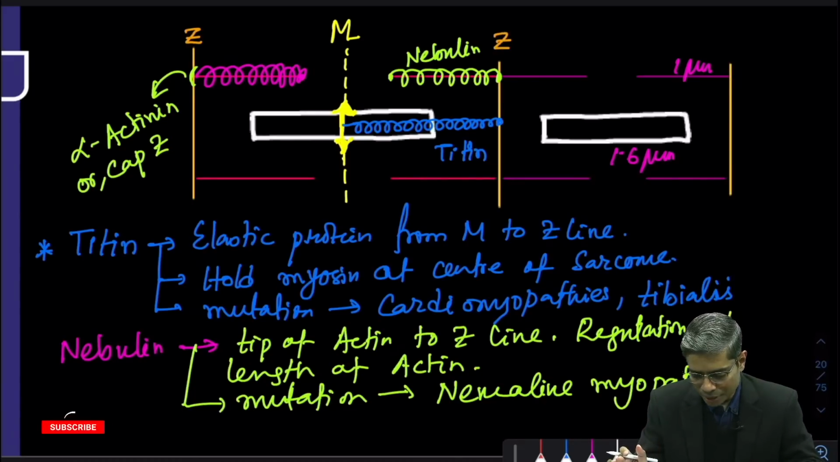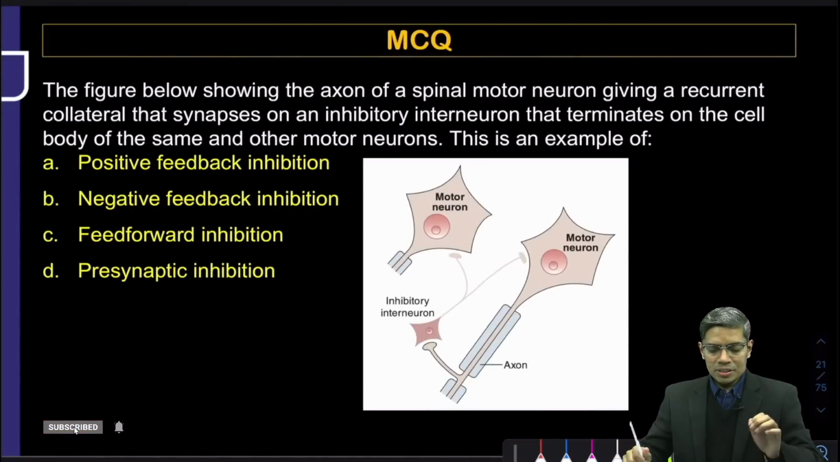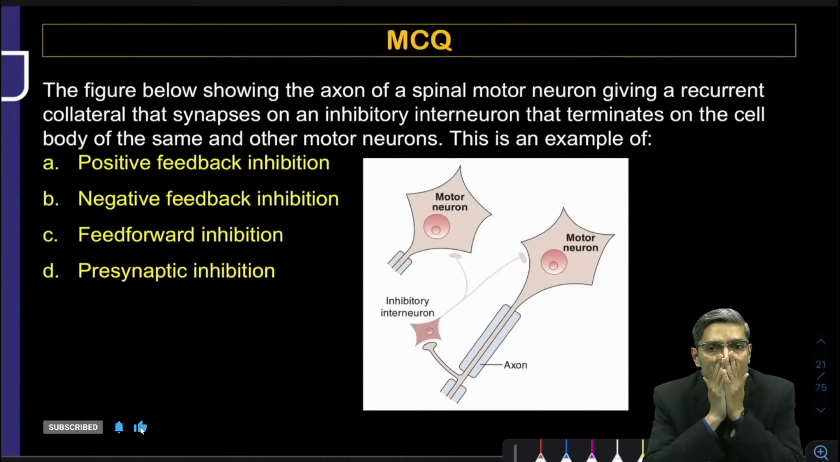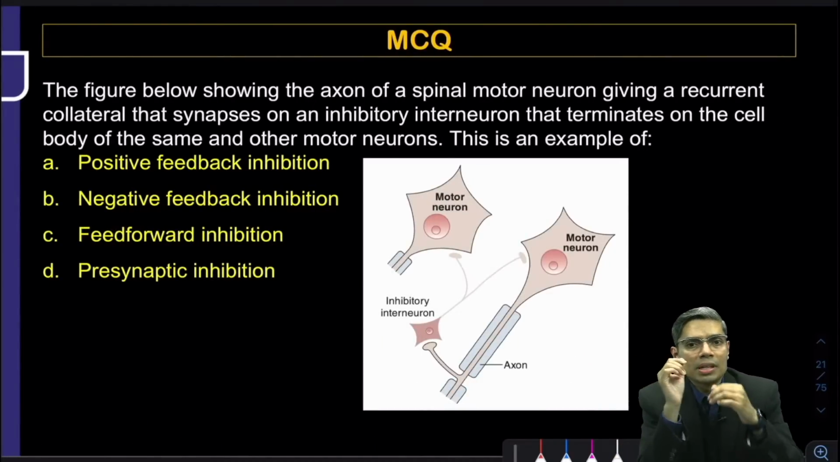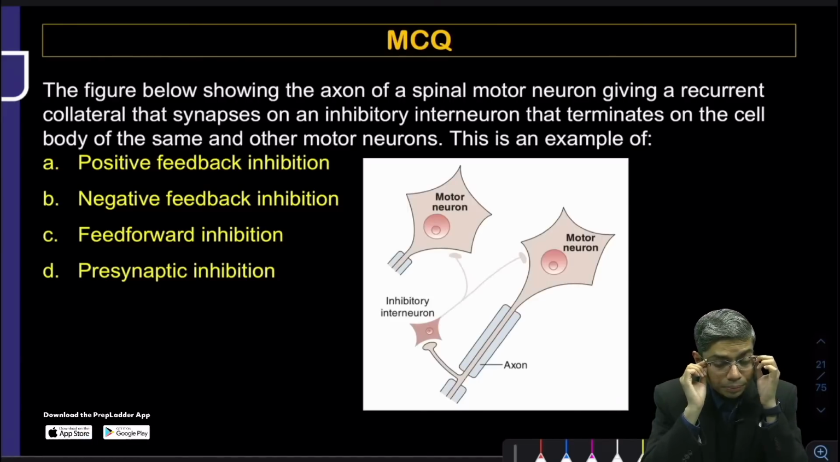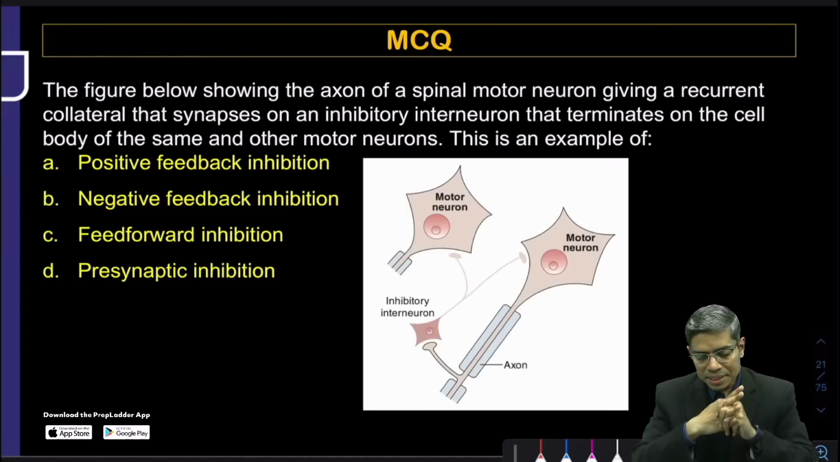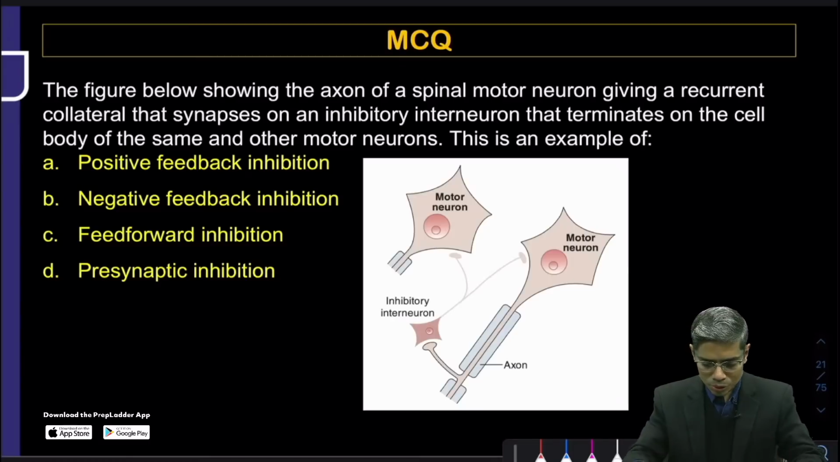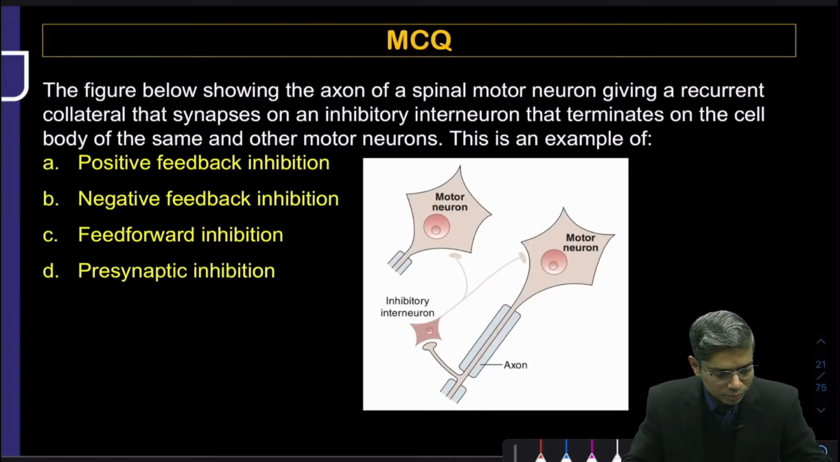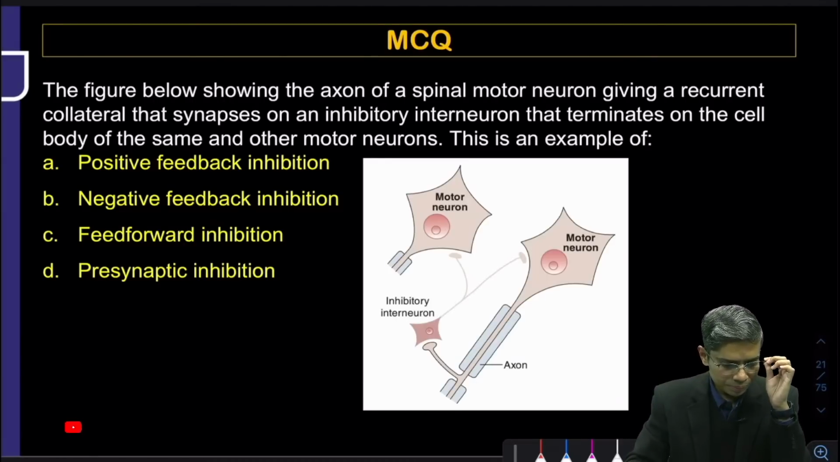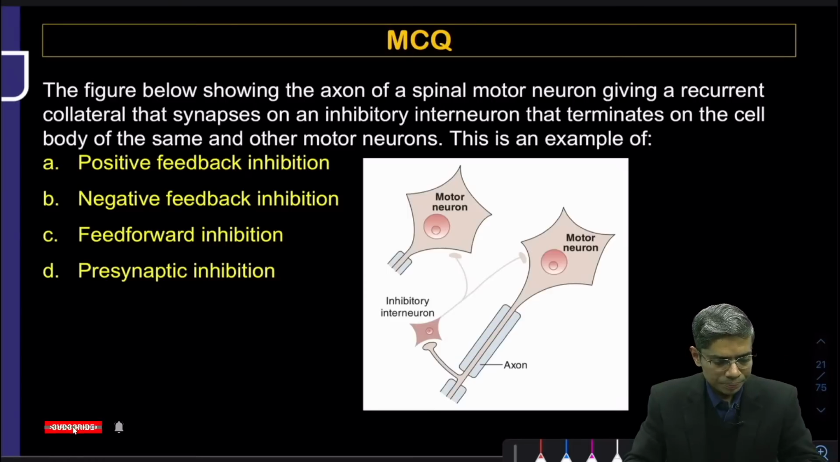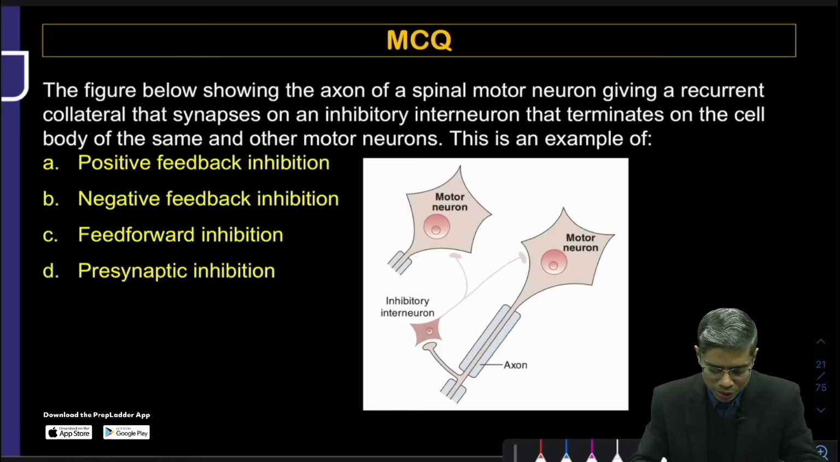Now, moving ahead, okay. So, this is the next question, try to answer. Look at this question, try to answer. So, in this question you can find a motor neuron, and the motor neuron is connected with